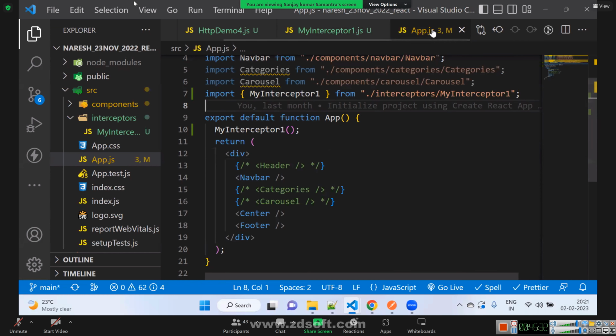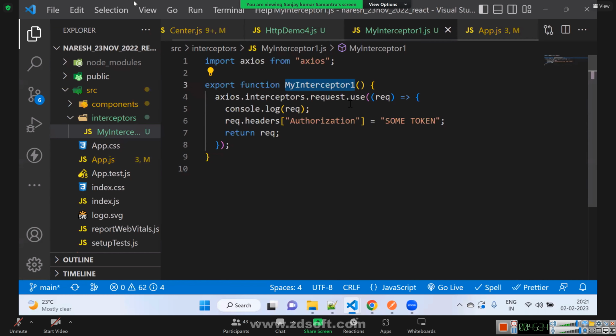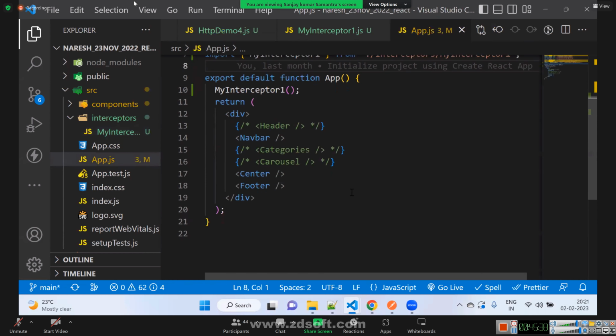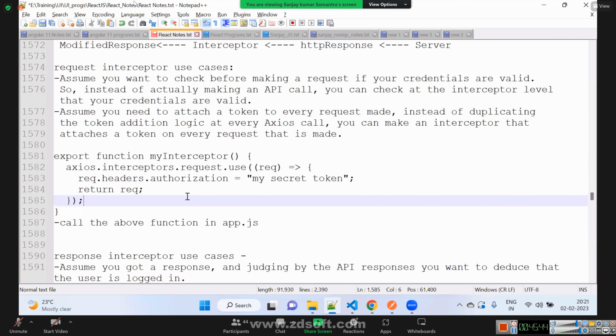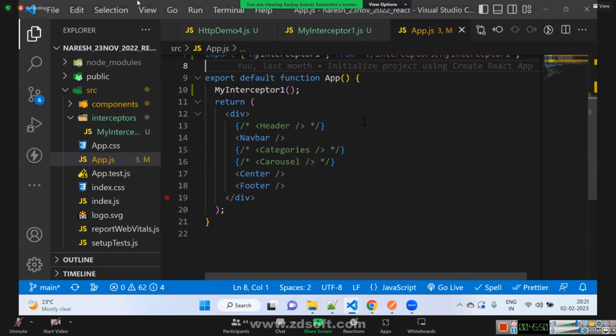We are calling the components in the center component. App is the parent-most component, so it should work. Yeah, I understand what the problem is. I'll explain.